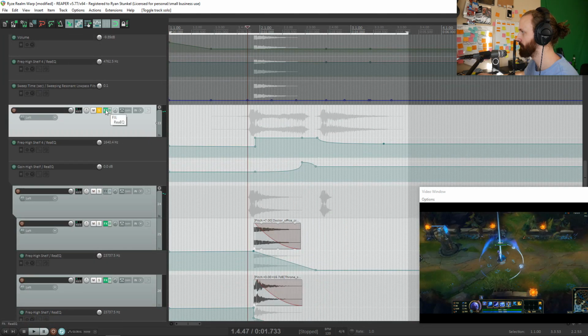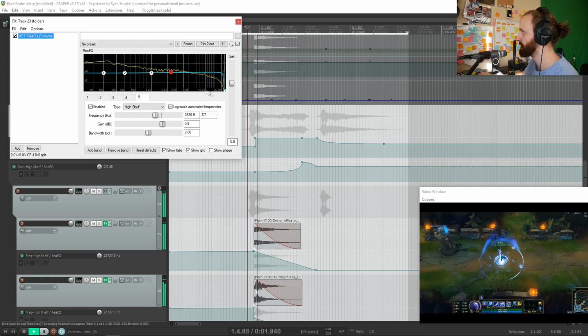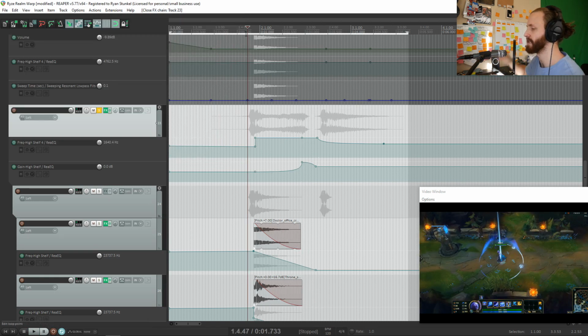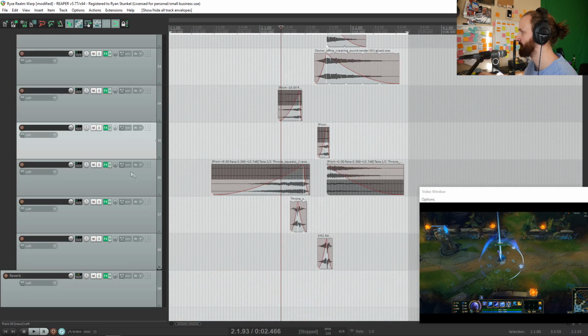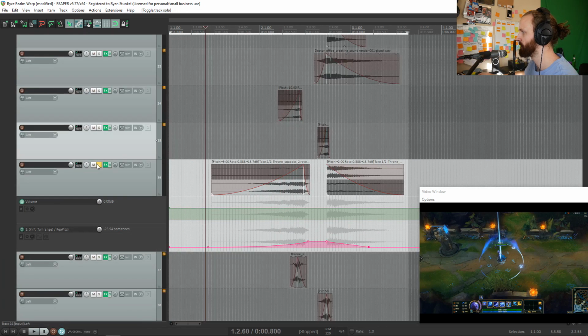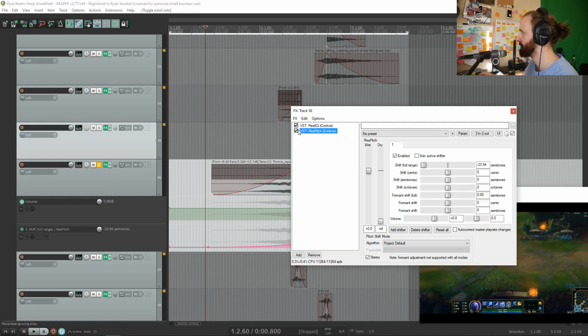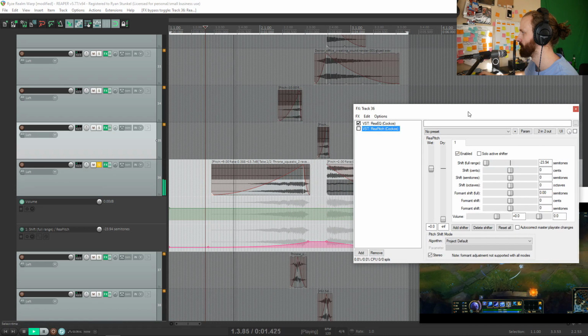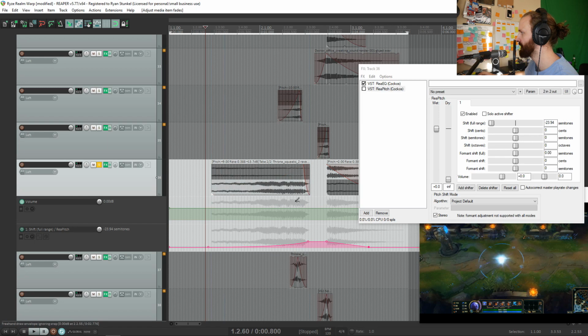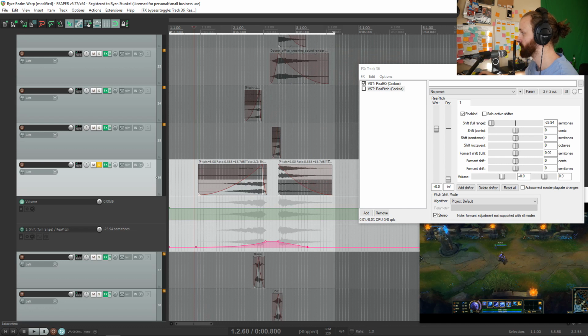I did some automation here for the EQ on the high shelf to kind of emphasize the higher frequencies over time. I also did a lot of automation for pitch shifting. Whereas if I were to cut this out, this is kind of just what it sounds like. I think I just stretched out a sample of one of the squeaks, and it creates a cool musical tone as a result.